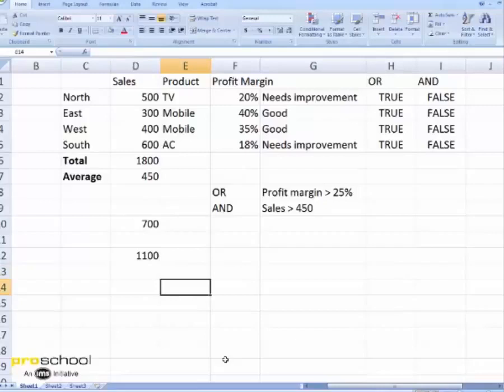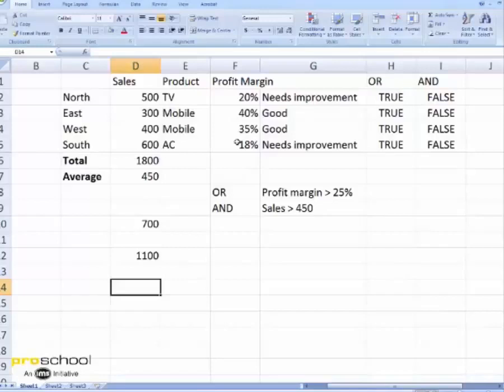So the last thing before we close this session is the sum product function. So the sum product function again is a combination of, as the name says, sum and product. Now where do we need to use it? So let's say in this case we have an example where I say sales and profit margins are given.